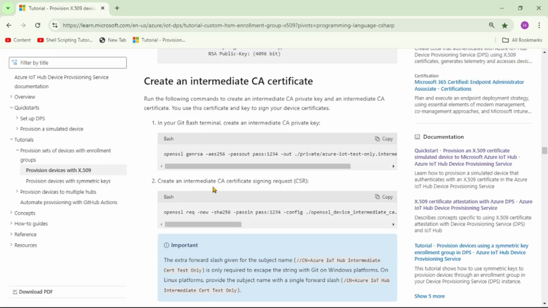Then the second command to create the CSR. So guys, this is certificate signing request, okay, and this certificate will be signed by the root certificate which we already created. So let's copy this.